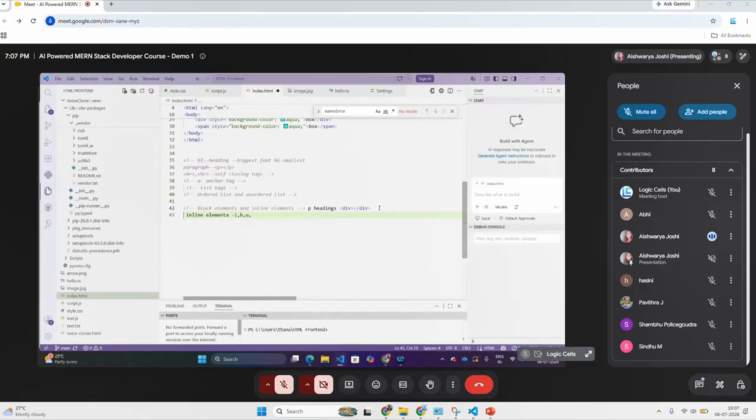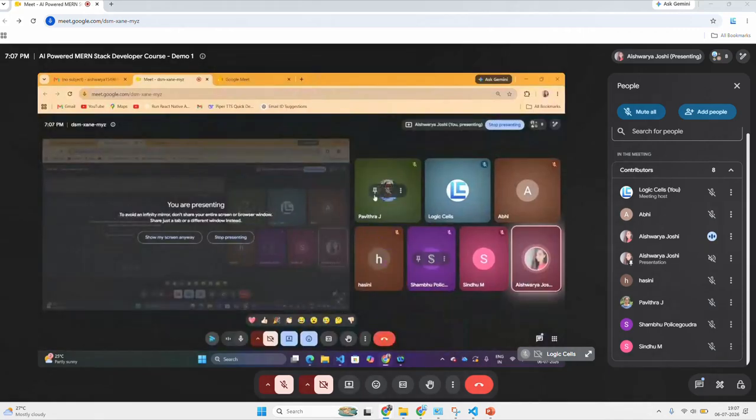Did you observe only that particular text was getting highlighted, underlined, or changed into italics? So all these are inline elements, even the span tag that we saw, and these are the block elements. Did you guys understand the concept of block and inline?